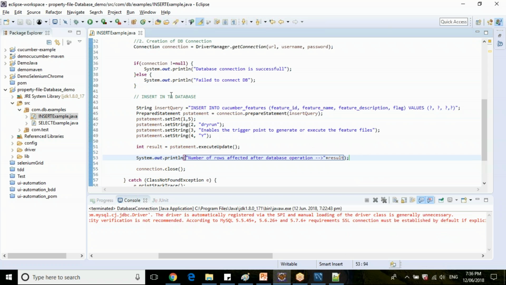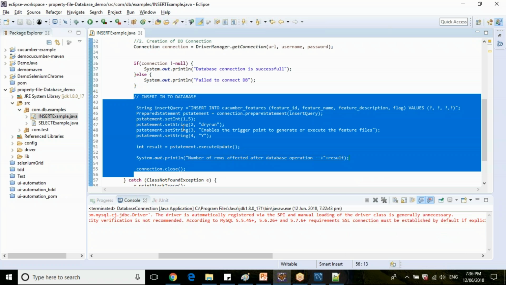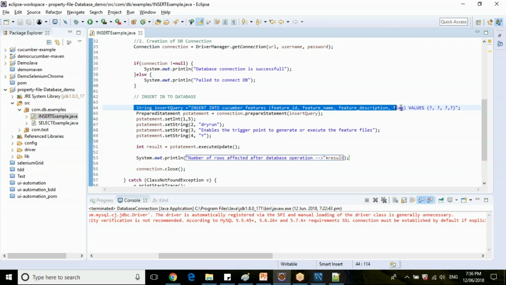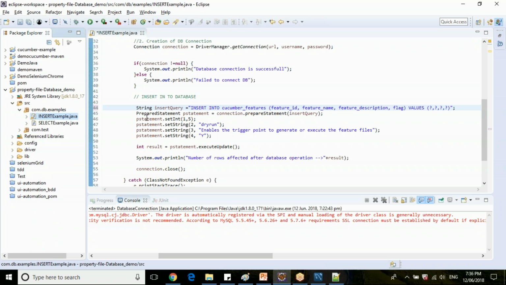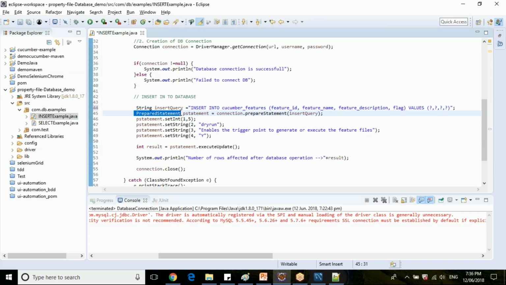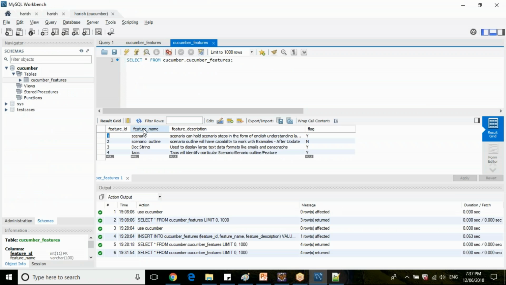So a quick recap on how to prepare an insert query. Write your query as it is. Instead of hard coding the values, provide question marks here. These question marks should be set dynamically. That's why the MySQL connector has provided you an interface called PreparedStatement. You can prepare your statement here. So give question marks. 4 question marks you have given as per your 4 table columns here.